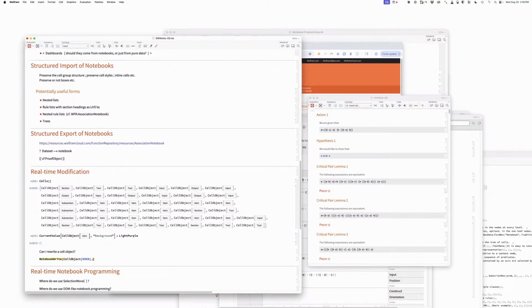I mean, it's pretty clean, except that there is some confusion about, if you're using something like expression cell or text cell or something like that, that's not necessarily going to end happy. But if you're working with the raw cell box language, then yes, that works brilliantly. A common thing to do is notebook read a cell object, perform some replacements or transformation on it, and then just notebook write back to its original cell object the new one. Exactly. So if I say notebook read,